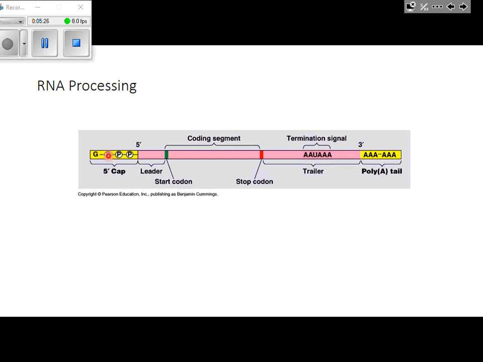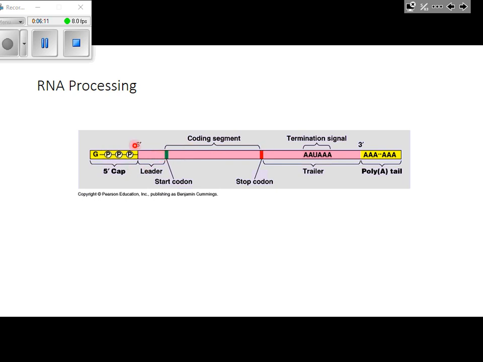So if you didn't have the 5' cap, if the very end of this molecule was the important letters that are part of the actual code, then that code would immediately begin being destroyed by these enzymes, these hydrolytic enzymes that are in the cytoplasm. And messenger RNA is meant to be a temporary molecule. It's not supposed to last forever, but it does need to last long enough for translation to occur. It needs to survive long enough for at least one ribosome to attach to it and build a protein from